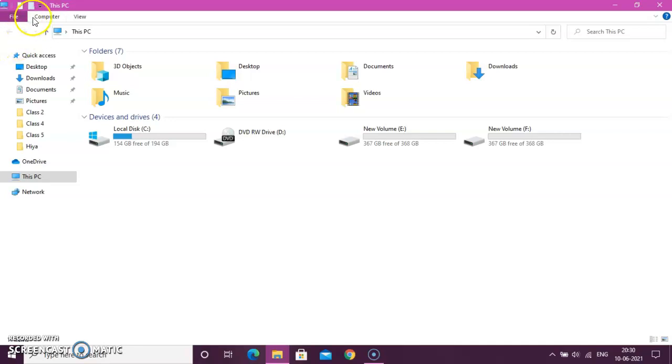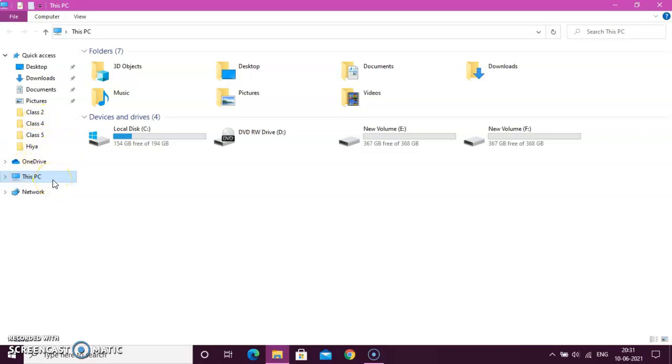Now here in This PC, you can see all the files. I've made the desktop files. You can see the downloads which I downloaded from the internet or from any other sources, all the documents which are there in my PC, the pictures that I've clicked or stored. Then these are the folders which I have created on the desktop.